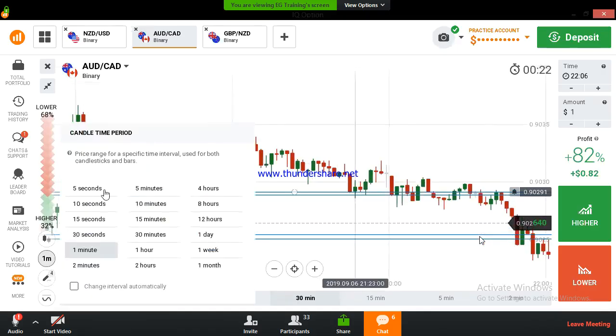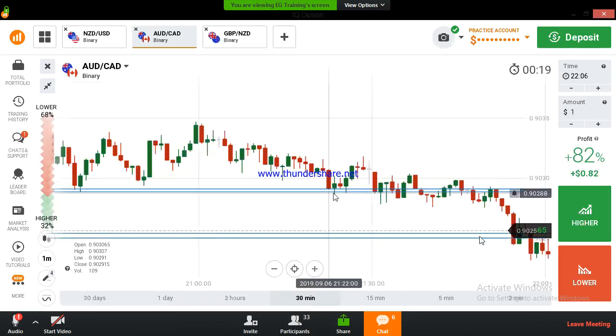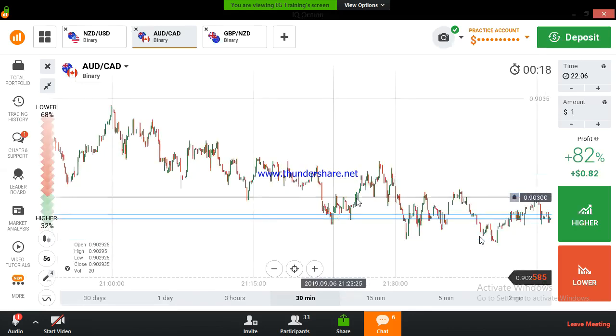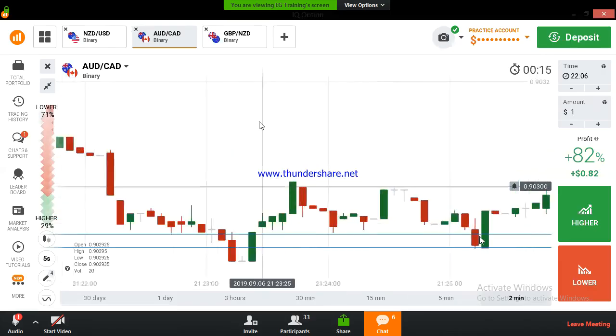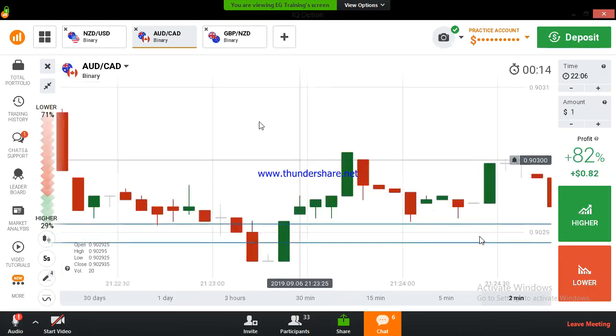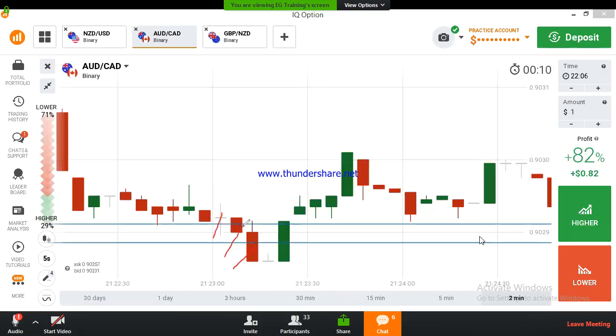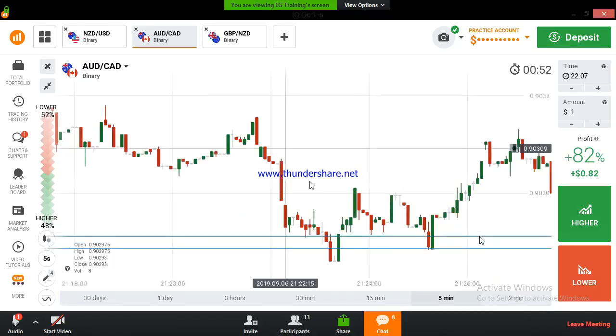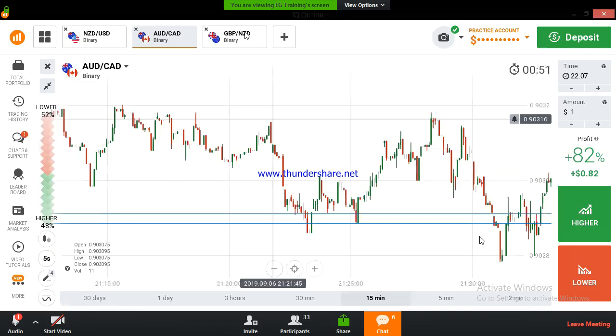If we get any confirmation, I will show you the confirmation here. Okay, here. So no confirmation, no confirmation, no confirmation, but we got a confirmation candle here, a good and healthy candle. So we can place our trade here. I placed my trade here with this confirmation, and the candle closed above the confirmation candle. So it will close above our confirmation candles mostly. Right?